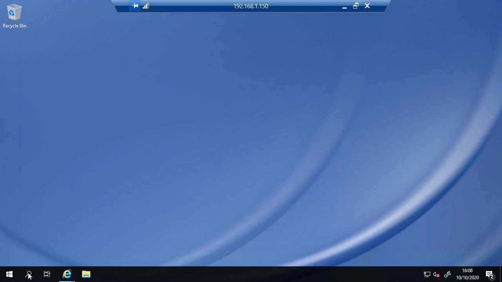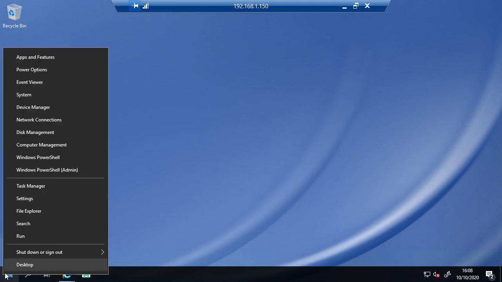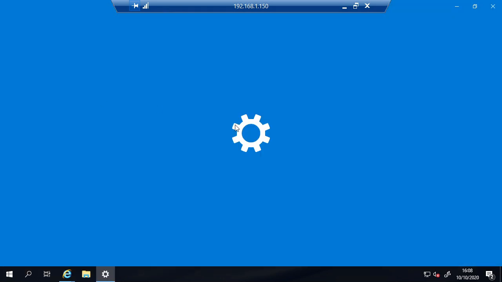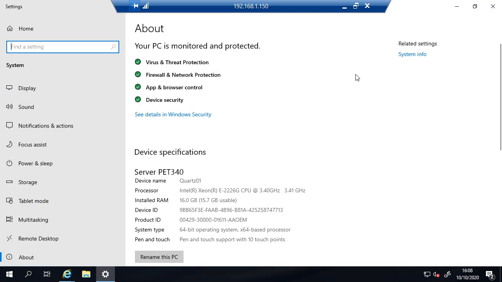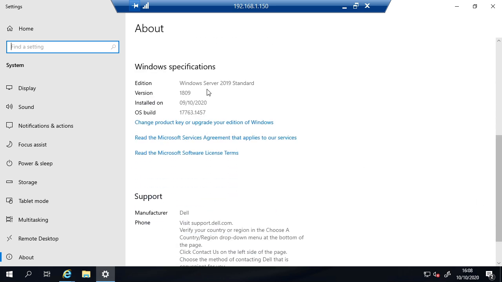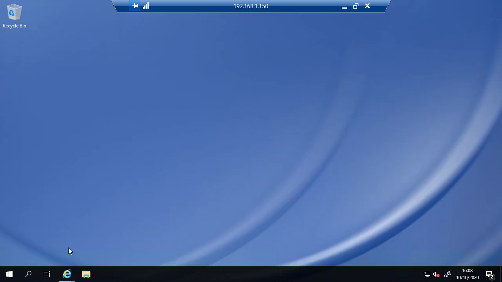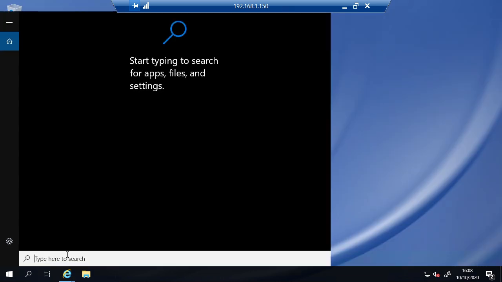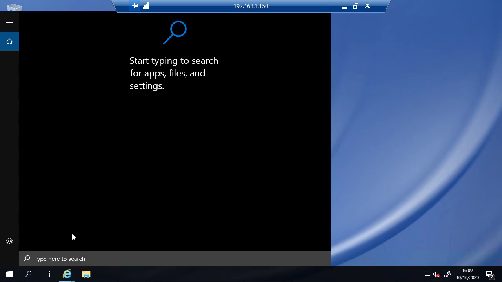So first we log into Windows Server 2019 or whichever operating system you're logging into. As you can see, this is Windows Server 2019 Standard Edition. In Standard Edition and in the Data Center Edition, it's no different. The installation is done in the same way. So we go to Server Manager,